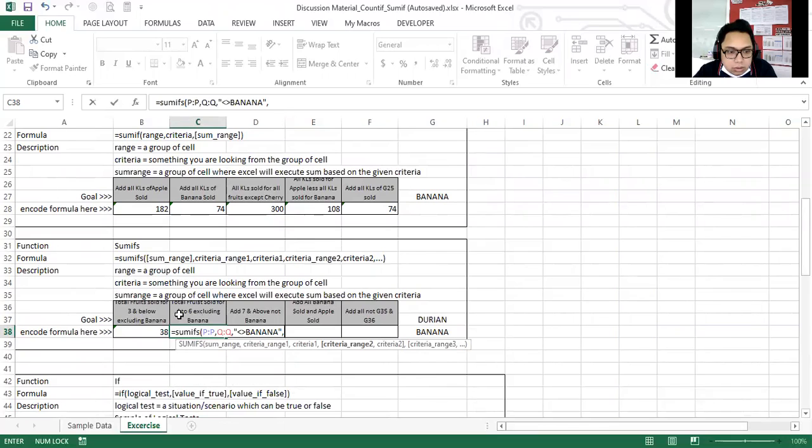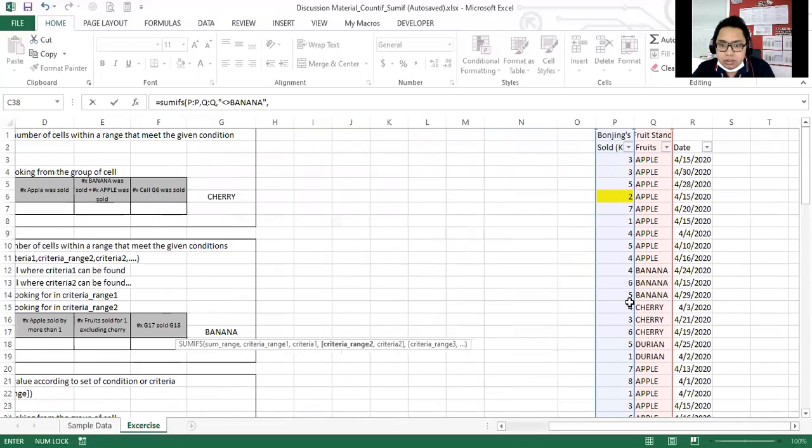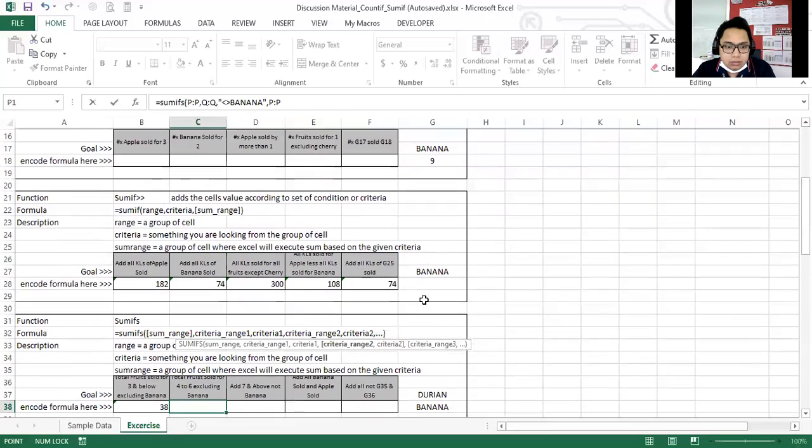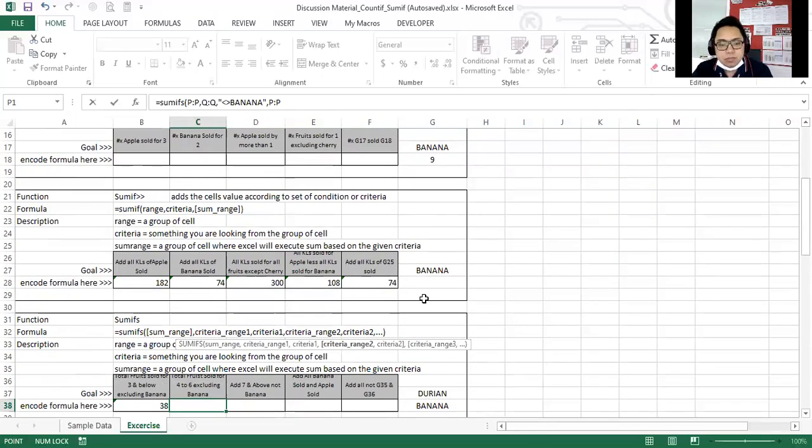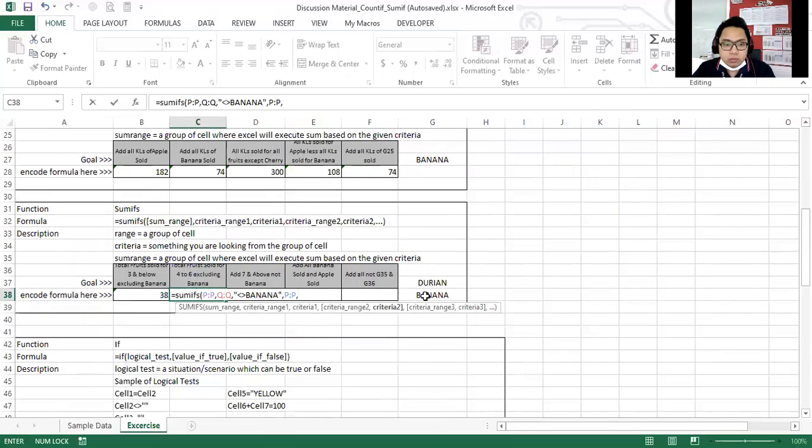The next criteria range 2 will be, what is our goal here is the total fruit sold for 4 to 6. So if the fruit is sold for 4 kilos, that should be counted. If the fruit is sold for 6 kilos, that should be counted also. And also those that are in between these numbers. So our criteria range 2 will definitely be the number of kilos sold, or the column P. Now, comma, the second criteria we will put is,